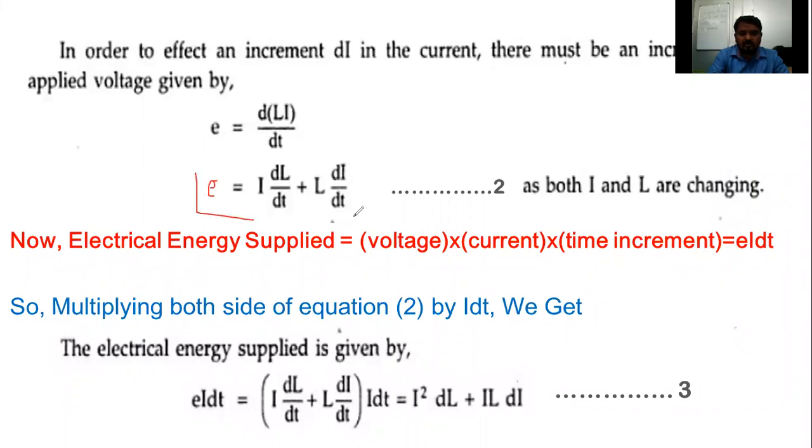So all of you know the power formula. What do you mean by power? P equal to V into I. What is the unit of V and I? Okay, P equal to V into I. What do you mean by E? E means energy. I'm going to consider that here now.